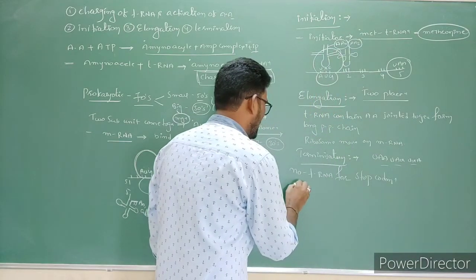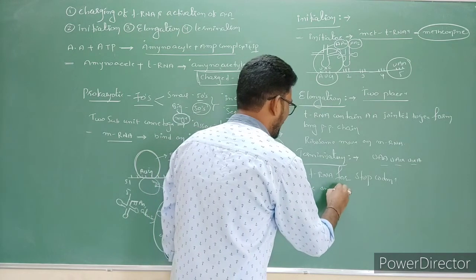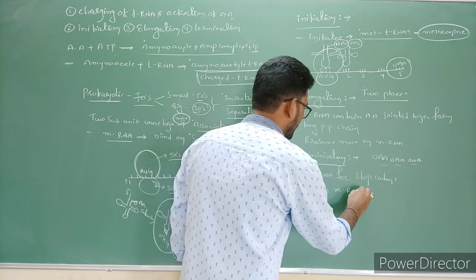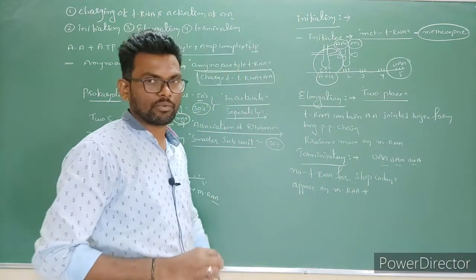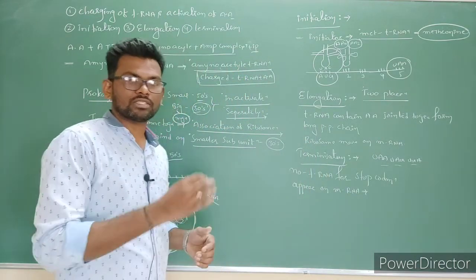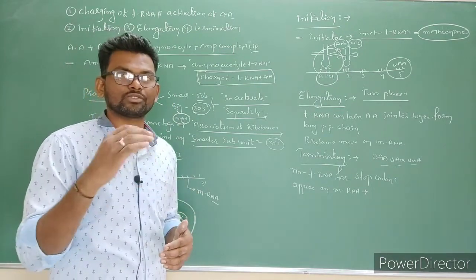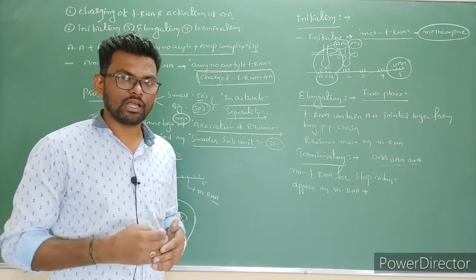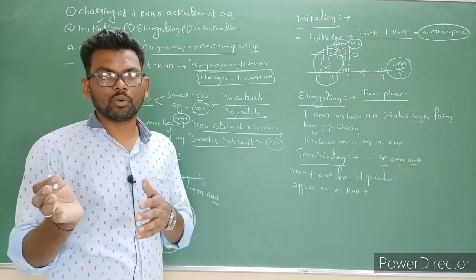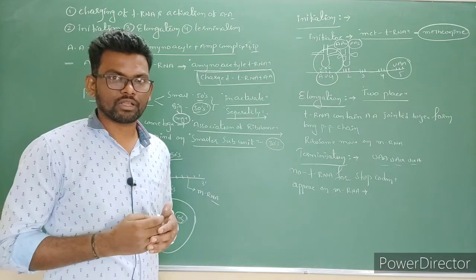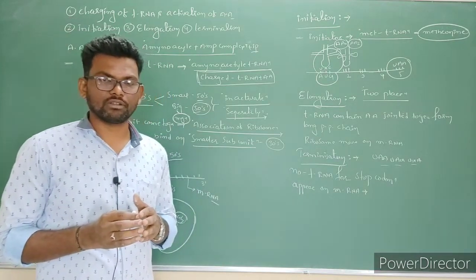When stop codons appear on mRNA, ultimately the translation is going to stop, right? Later, this long chain is going to be released into the cytoplasm. In the cytoplasm it is going to be folded into primary, secondary, tertiary structures based on the cell's need and become one particular protein, right? So this is actually the concept of translation.